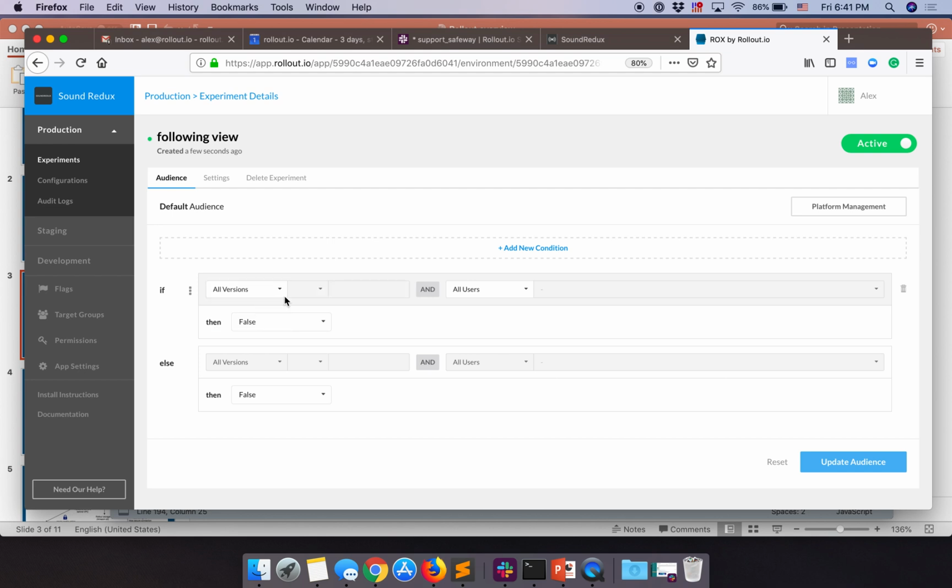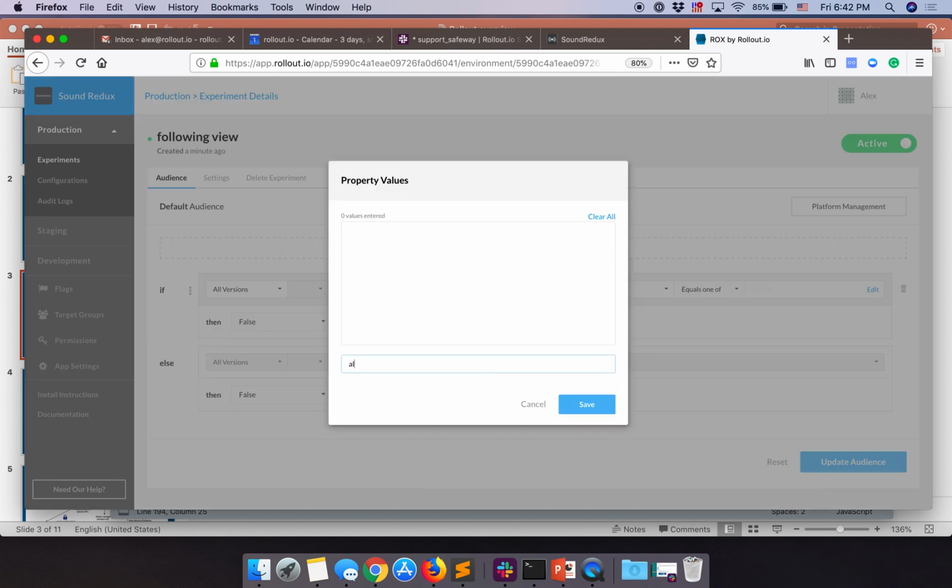I'm going to keep this with all versions. And then instead of selecting all users, I want to select an attribute, a property, a parameter that would allow me to create a criteria to deploy by. So I'm going to select property, and I've already exposed some properties of my application, of the Sound Redux application, to the system. So I'm going to select maybe an email, and this is a string typed attribute, so I'm going to use something that would help me compare strings, equals one of, and I'm going to give it a value. So let's say if the user email is